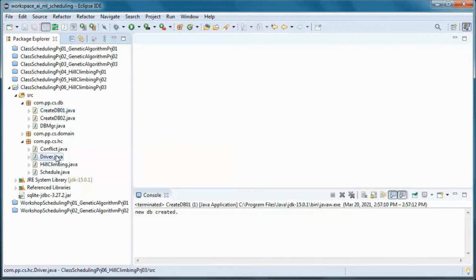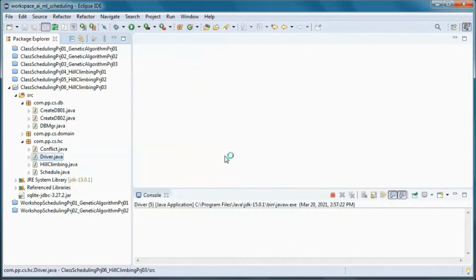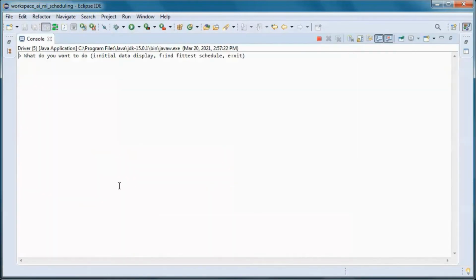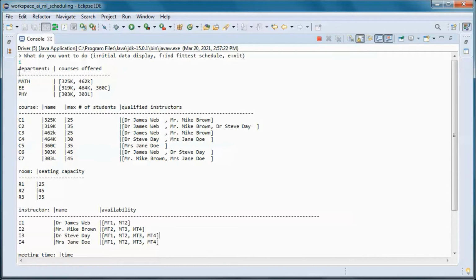And now let's go ahead and run it. So this instructor is available for meeting time 1 and 2, and this one meeting time 2, 3, and 4, and those two for all meeting times. So we have 3 departments.